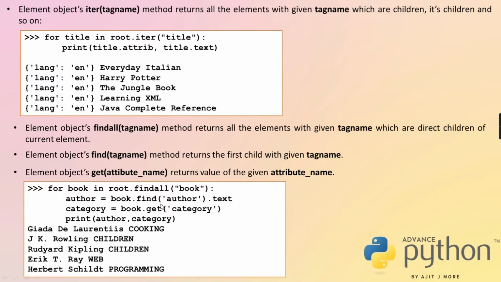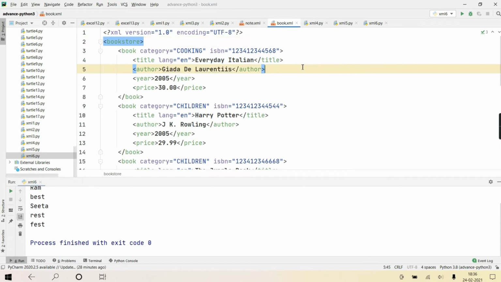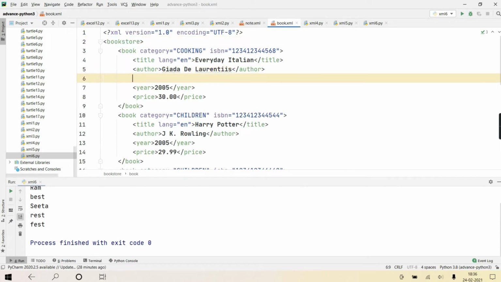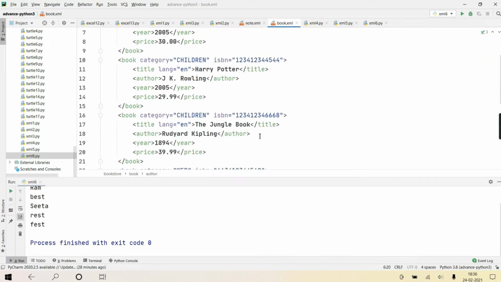If some books have more than one author, like here, will it return all authors or only the first author? First author. If there are three authors, it will return only the first author. Understanding?